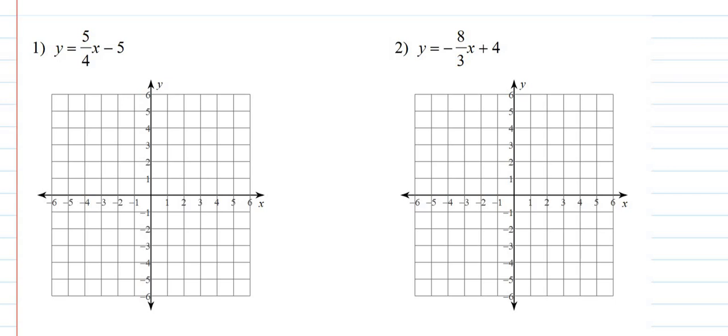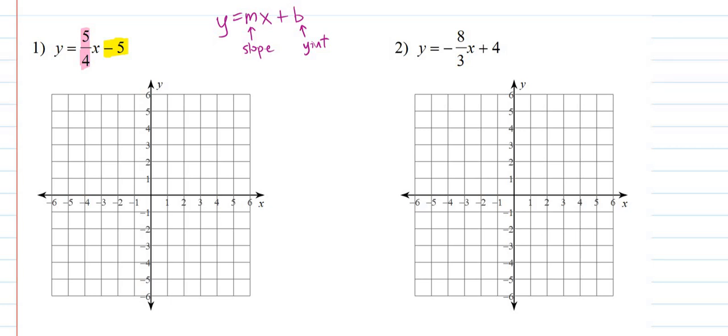This is a quick video about how to graph lines in slope-intercept form. So recall that slope-intercept form is written as y equals mx plus b, where m is the slope and b represents the y-intercept. So if we look at our first equation, our slope is 5 over 4, and our y-intercept